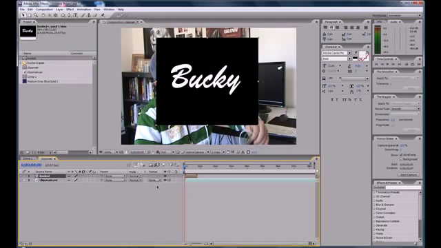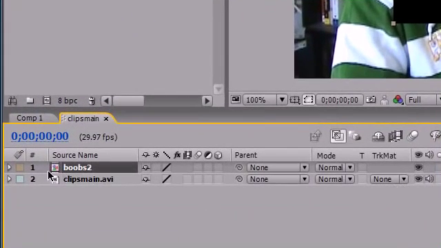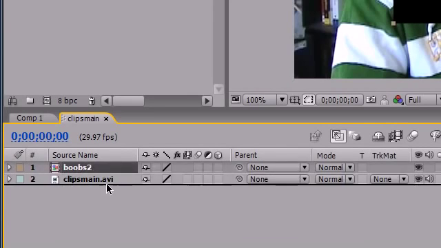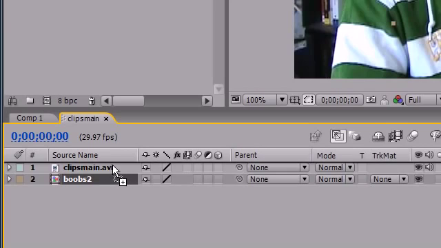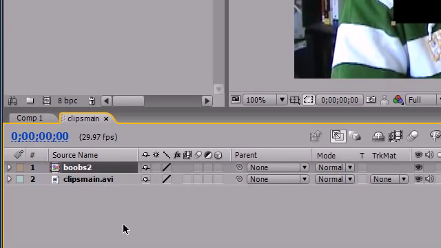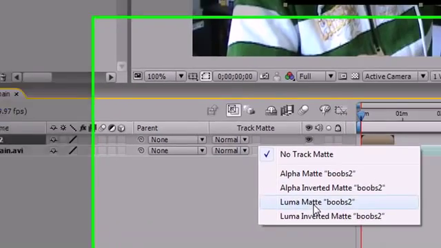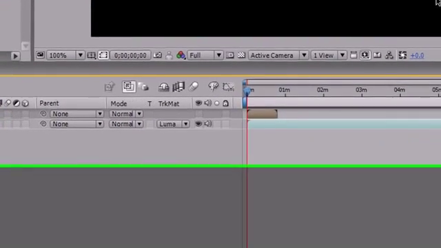In order to use this, what you need to do is make sure that your matte is on top of your video file. So if it was under here, it wouldn't work. It needs to be on top, just like that. Another thing that you need to do is go ahead and over on your video file, not your matte, you need to go and select Luma Matte. And what this does, you can see,